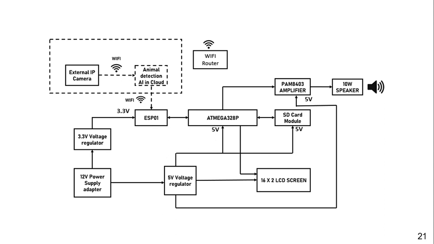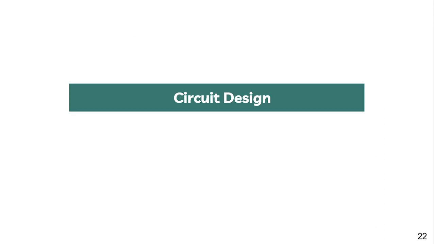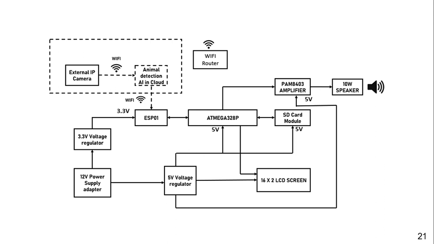We have given a Wi-Fi router here so that it can act as the server for our entire system, to facilitate the communication between different Wi-Fi modules here. For powering up our entire system, we'll be buying a 12 volt power supply adapter, which will be converted to 5 volt and 3.3 volt,